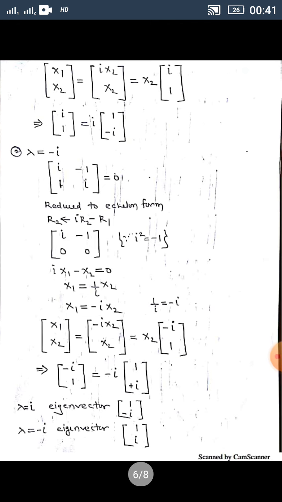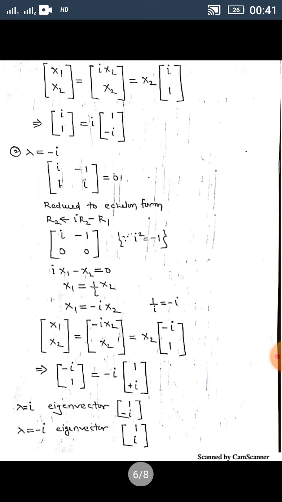So (i, 1), if you take i common, we want an eigenvector of complex value. So this is a real form. So we take (i, 1) as a vector. Take i common from that. So 1, and here I have written minus i. If you multiply minus i to i, that will become i square. i square is minus 1, minus minus plus 1. So again you will get as it is (i, 1). So this i is the eigenvalue of that particular matrix, and (1, -i) is nothing but the corresponding eigenvector.